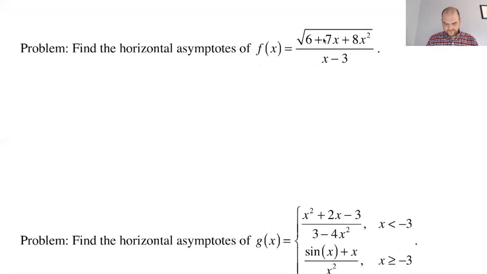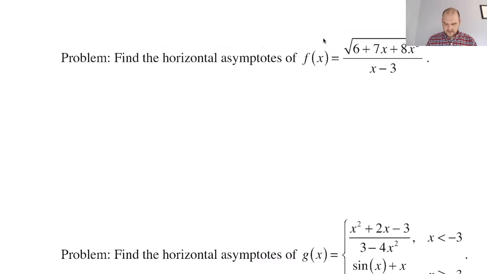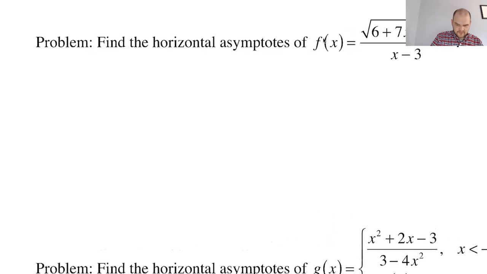It's not a rational function, right? Not a polynomial over a polynomial. So I'm going to need to go in both directions. I'm going to go to positive infinity, go to negative infinity, see what we get. So let's do that. We're going to go limit as x approaches infinity of,